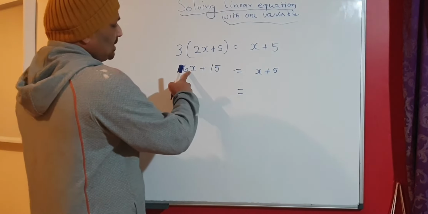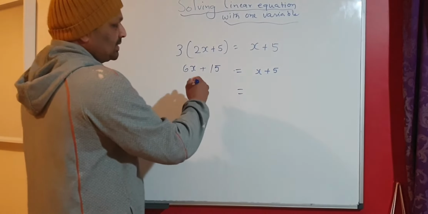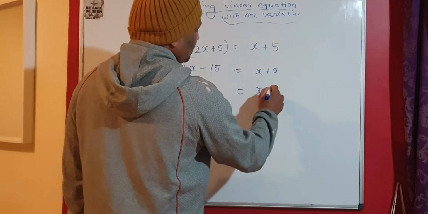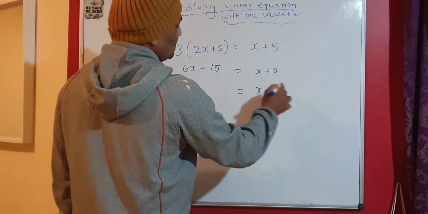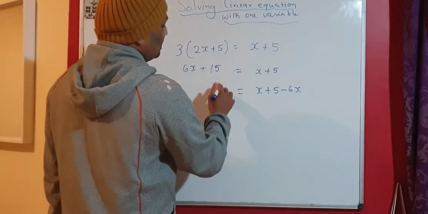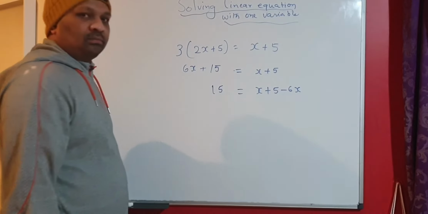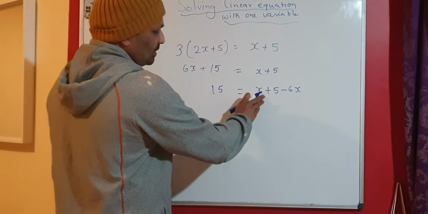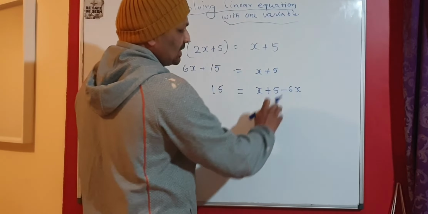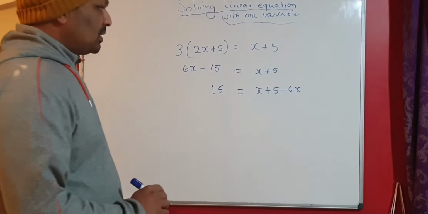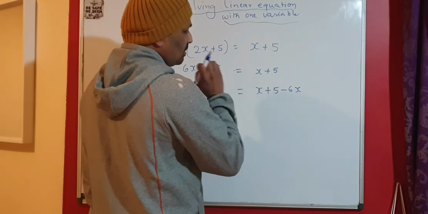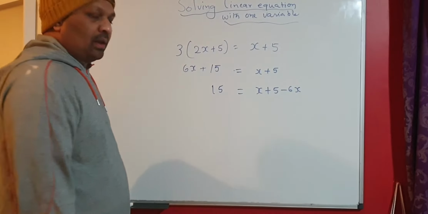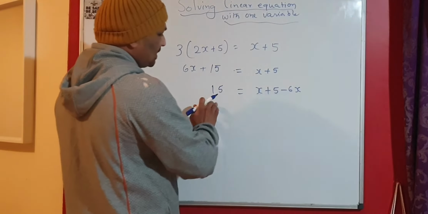Okay, so now plus 6x, we have it here on the left side. In the next step, you take this plus 6x to the other side of the equal to symbol. When you do that, it becomes x plus 5 here, and plus 6x becomes a minus 6x, and plus 15 still remains here. Okay, so on the right side, what do we have? We have a term that is having x in it, and we have another term that is having x in it. Okay, what is the constant term on the right side? Plus 5. Okay, the constant term, you should try to bring it to the left side, because we already have 15 here on the left side.